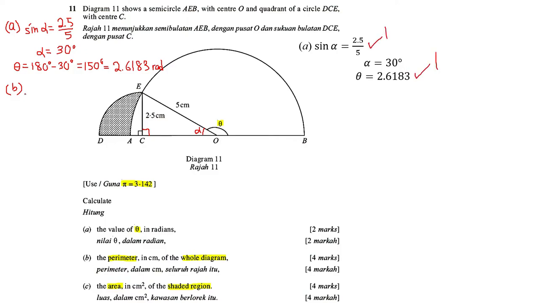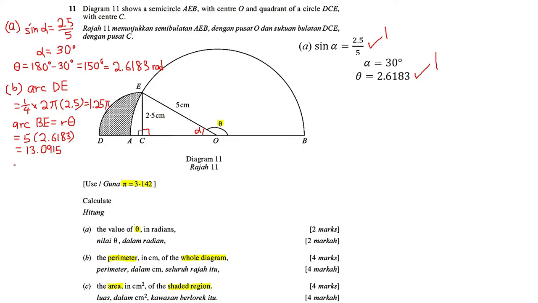Okay, now B. To find the perimeter of the whole diagram, we find the arc length first. Arc DE is the arc of the quadrant. We can just refer to 2 pi 2.5, and then we multiply with 1 over 4. So we get 1.25 pi. Secondly, we want to find arc BD. 5 multiply with 2.6183. So we will get